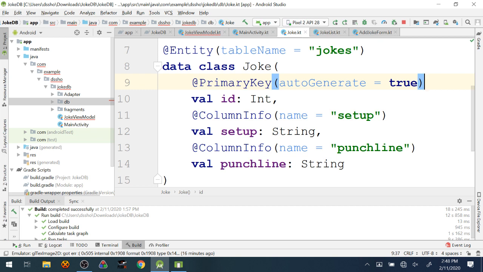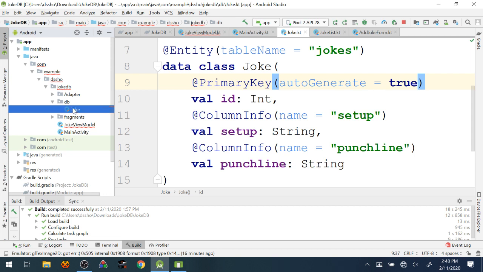Any other questions? All right, so now that we've annotated our model, we've told Room what we want the database to be modeled after. And by the way, I'm not limited to just one of these, right? If I want to have multiple tables, I can make multiple data classes and annotate them all, and it will happily accept as many of these as I want. I can have as many entities as I want to. So that's all within the realm of possibility.